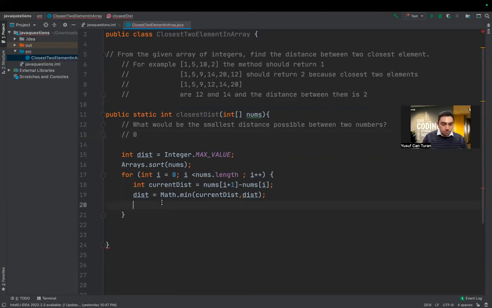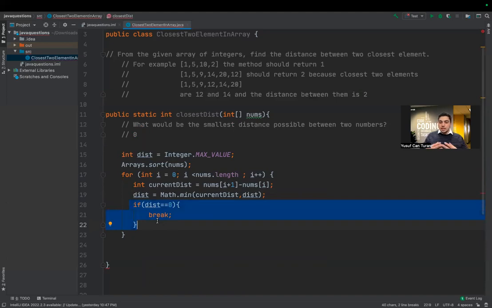Therefore, I will add another condition to speed up this situation for a certain array. And I will say if distance at any point equals 0,